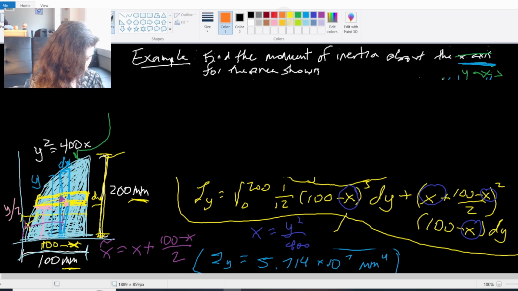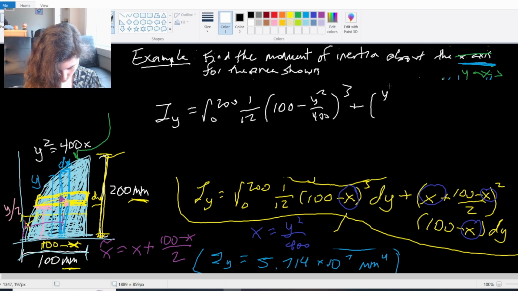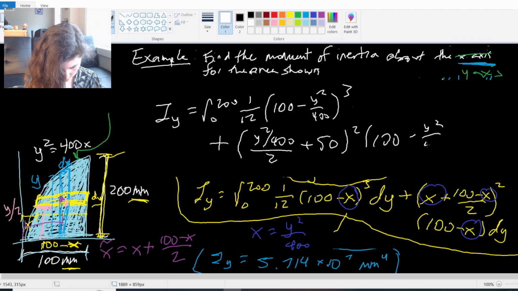Iy equals the integral from 0 to 200 of 1/12 times (100 minus y squared over 400) cubed plus y squared, and I'll put that on the next line, plus y squared over 400, all over 2, plus 50 squared times (100 minus y squared over 400)